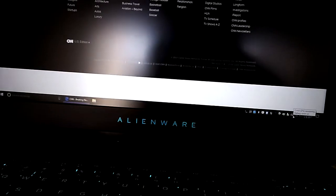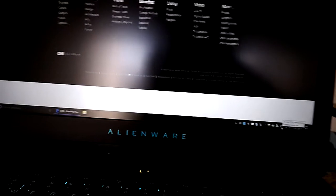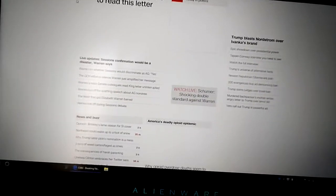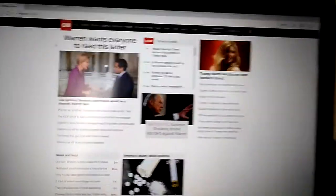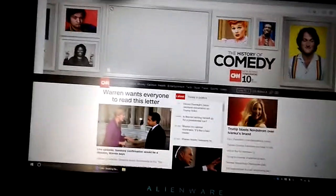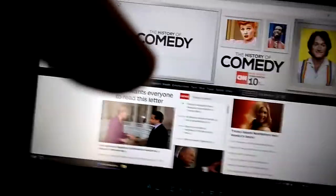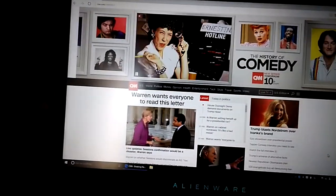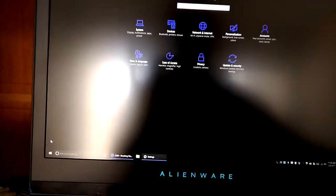If you want to go until it finally finishes, it is 5 hours and let's say 5 more minutes, 5 hours and 25 minutes with very basic usage, which is basically opening one Windows Edge tab, going to CNN and just looking at it and letting it refresh on its own. If you were to use multiple tabs, multiple websites, it would shorten. So in one of the best case scenarios with 100% brightness with wireless on, you get 5 hours and 20 minutes of battery from this Alienware, which has the GTX 1070 as well as the latest